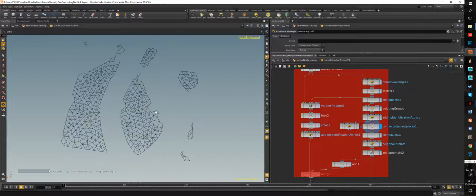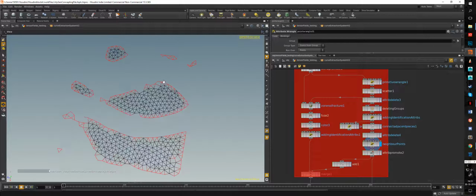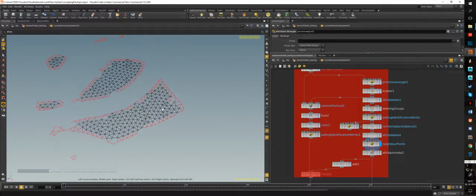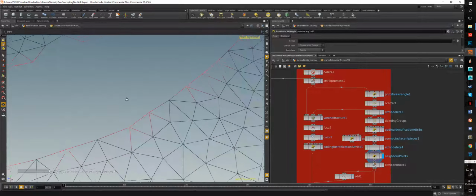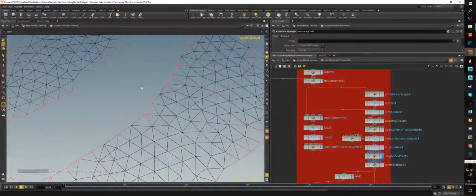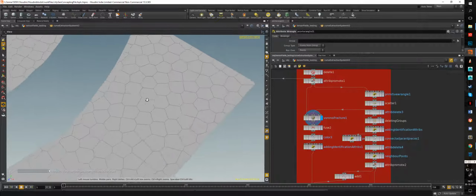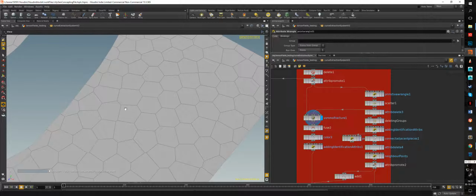And I use again the connected adjacent pieces, and using that I find the neighbors, or at least the edges of the geometry. So as you can see here, I have those points here. I do this by looking at the amount of neighbors a point has, because in a Voronoi diagram, each point will always have 3 neighbors. If it doesn't have 3 neighbors, that means it's either on an edge or